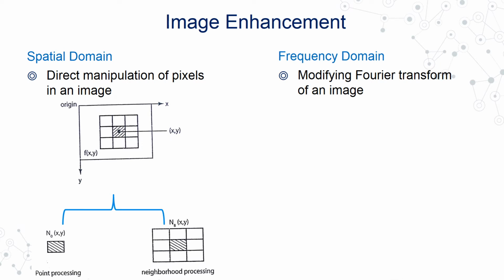So in the previous class, we had seen that image enhancement can be done via two domains. One, I do in the spatial domain where I manipulate the pixels directly, or the other, I modify the frequency transform and I work on the frequency domain of the image. We have started with spatial domain transformations, wherein we had seen that transformation can be done in two ways.